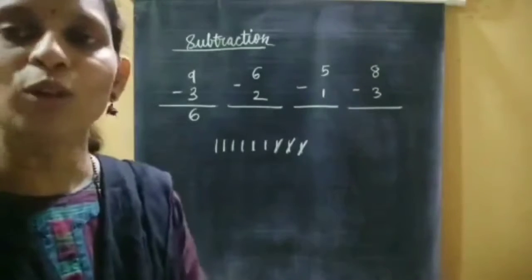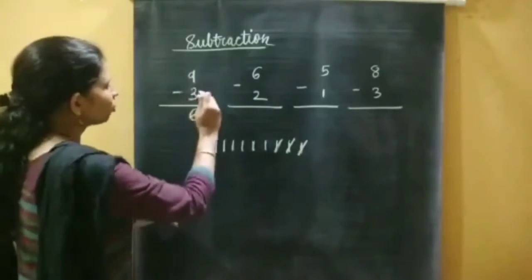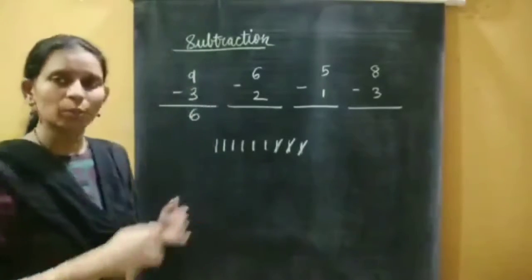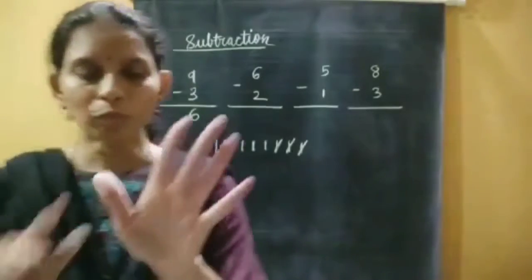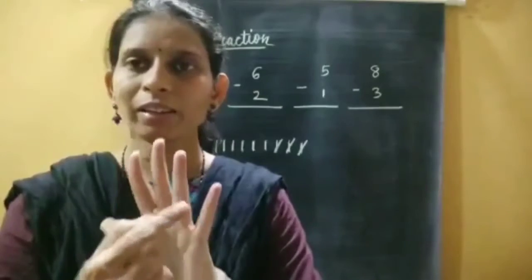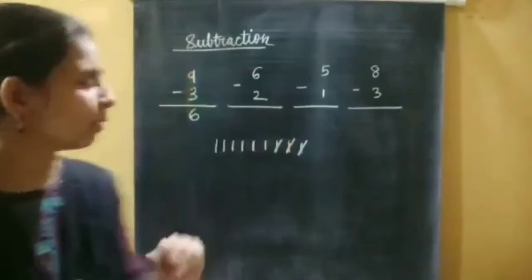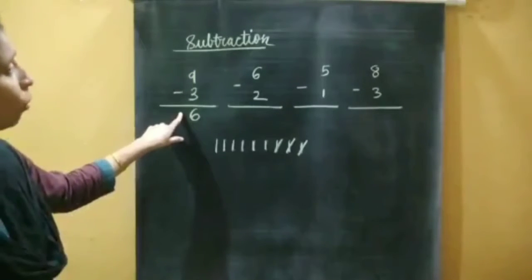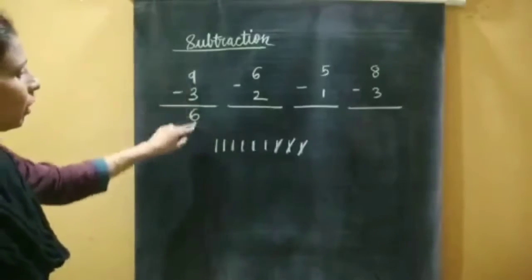So I will tell you the easy one. See, 9 minus 3. So just start counting from 3 to 9. Smaller number to bigger number. 3 to 9. That is 4, 5, 6, 7, 8 and 9. Correct? How many fingers? 6 fingers. So the answer will be the same. So these are 2 methods of subtraction. Okay. Now see,